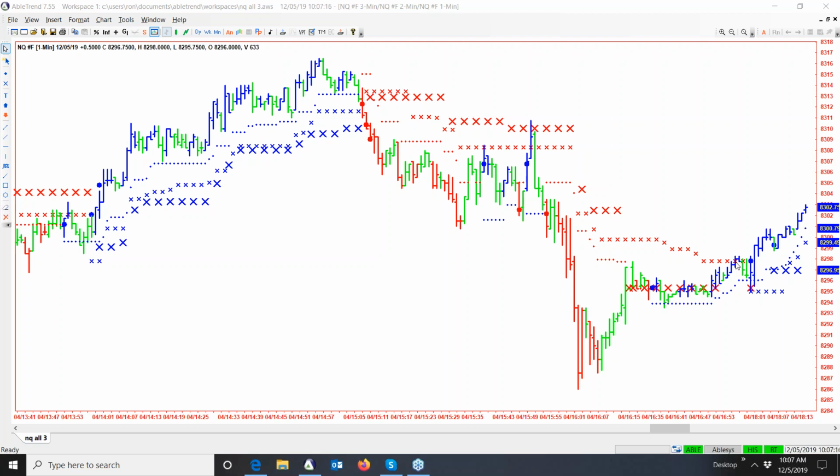And the most important thing is your stop loss management, because preservation of capital is the most important thing with AbleTrend signals. We just want to make sure that we keep the risk as low as possible when we're recommending these signals on the charts. And that's strictly up to you whether, of course, obviously everybody does what they want with their money, whether you want to take the trade or not. But we're putting the odds, or at least this is how we see it, we're greatly stacking the odds in favor of a buy signal or a sell signal.